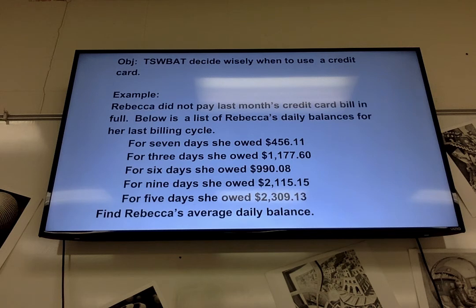I know it's a lot, but the objective is important. The student will be able to, is what that weird TSWBAT stands for. Once you get that copied down, then we'll talk about